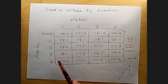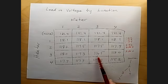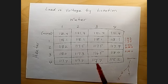Okay, continuing on to the next row, I plug into position 3. And when I put the meter at position 3, I find that the voltage is 116.5. So I've dropped 4.9 volts. And I see that as expected,